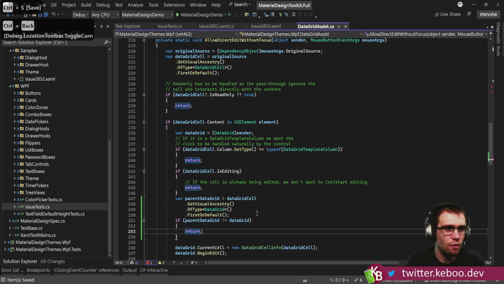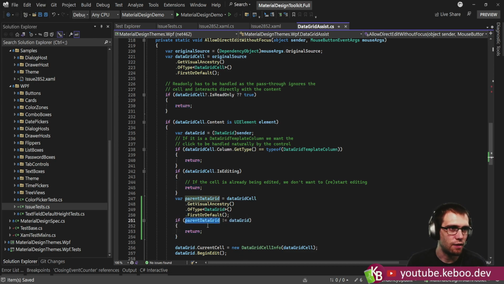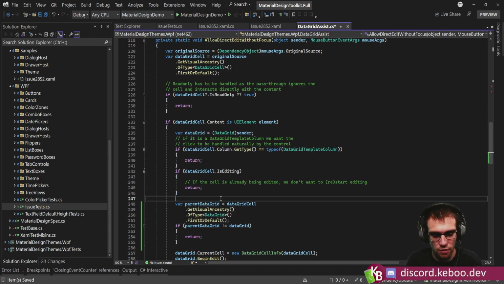Right? We don't want to accidentally handle stuff that, like, the idea is we want to handle things inside of our cells, but we don't want to handle nested grids. And I think we do